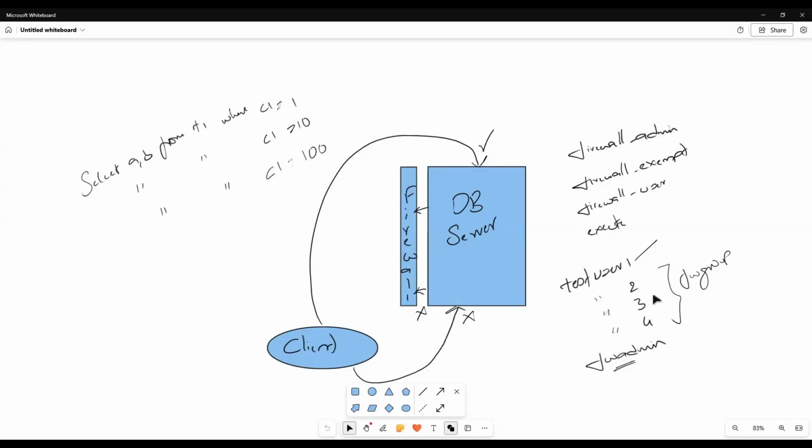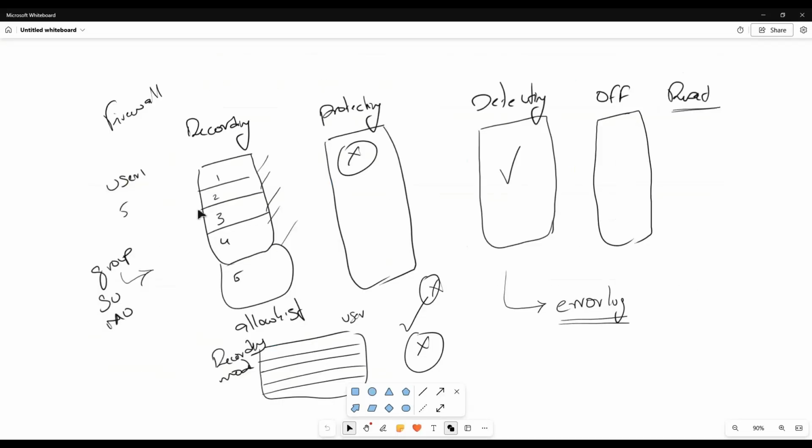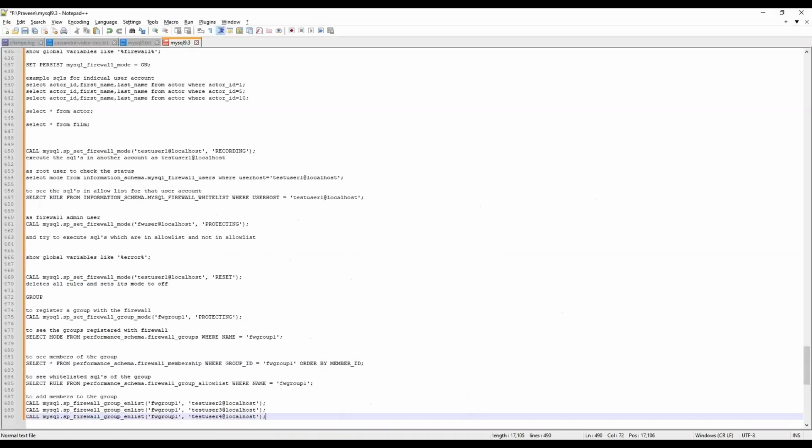We want to enroll test user 2, test user 3, test user 4 into FW group 1, and then register the group with the MySQL firewall, populate its allow list, and then do the testing. So for that, we first need to create a group and put it in recording mode, and the command for that is